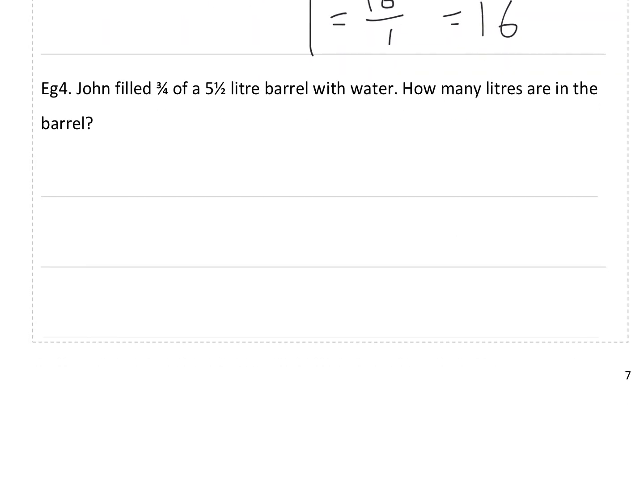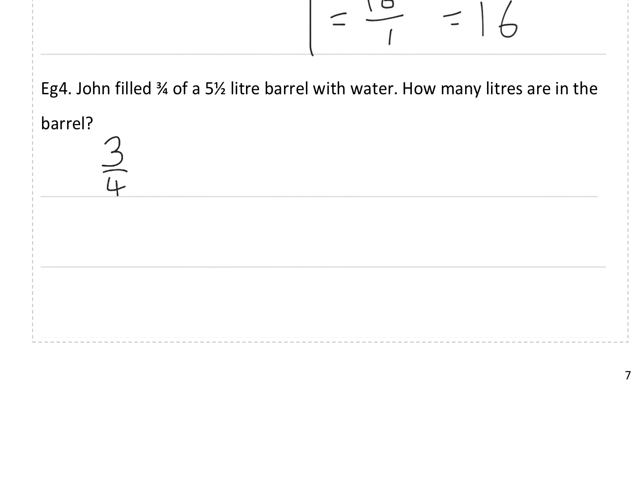Example 4. John filled 3/4 of a 5.5 litre barrel with water. How many litres are in the barrel? Well, there's going to be 3/4 of 5.5 litres. Now, you can, but you wouldn't really want to divide that by 4 and times by 3 because it's an awkward fraction. So what we can do instead is do all the work in fractions,